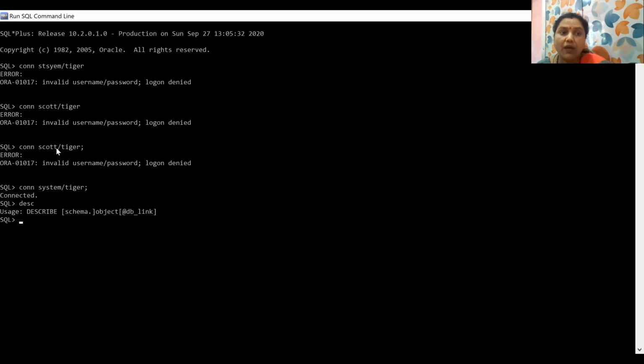If you type a wrong password like this, I have tried many, it will show you invalid username or password, login denied. Without a properly authenticated username and password, you cannot log into the SQL interface.